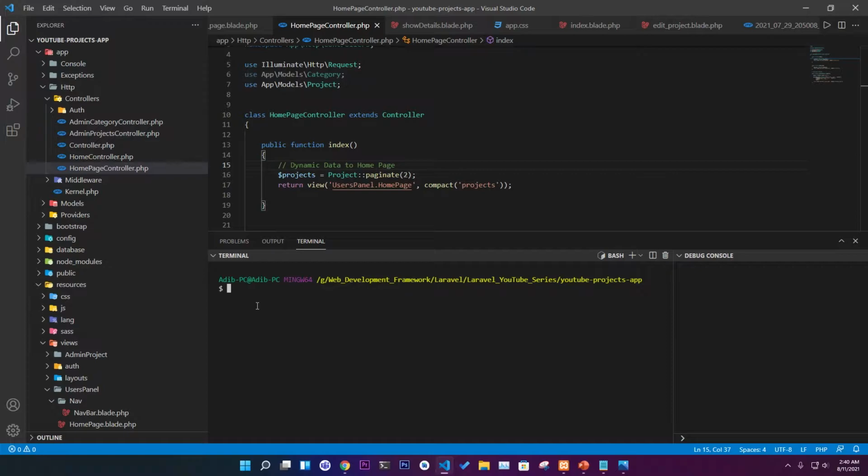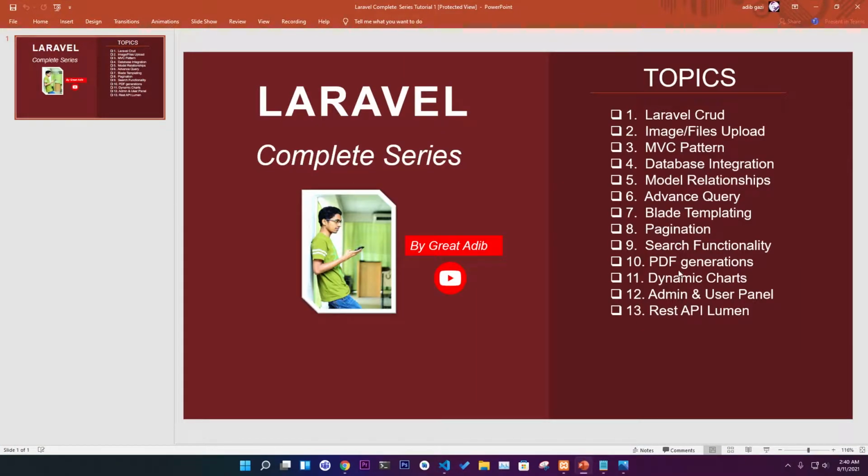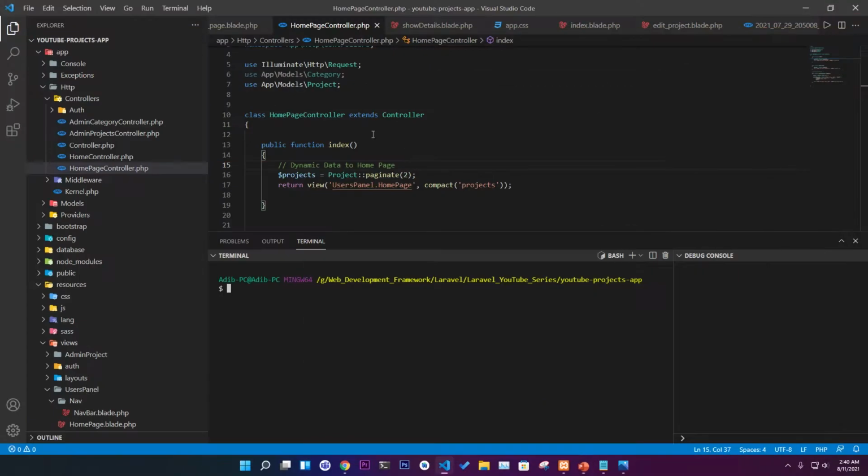So make sure if you want to implement a chart in Laravel, this is the video for you, and this is very important. Okay, in many projects you might need it. So we're going to work with this project. As you can see, we are going in the dynamic charts panel here and the admin panel for the skill section. So here let's create a new database table, and before that